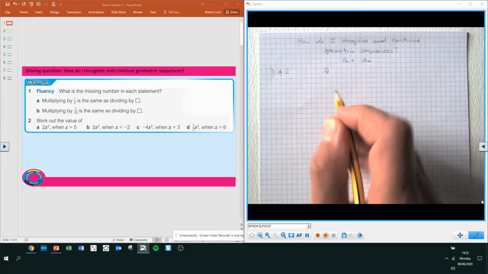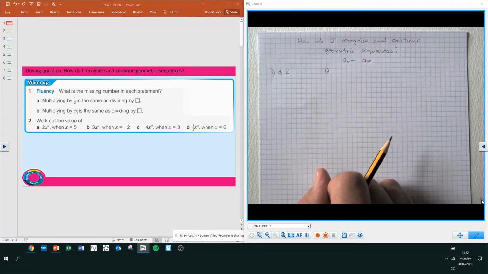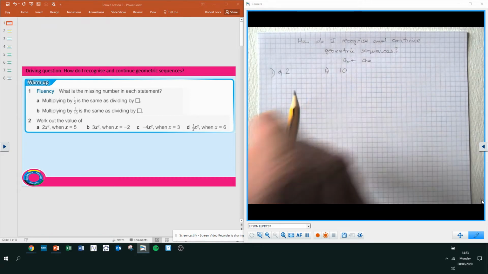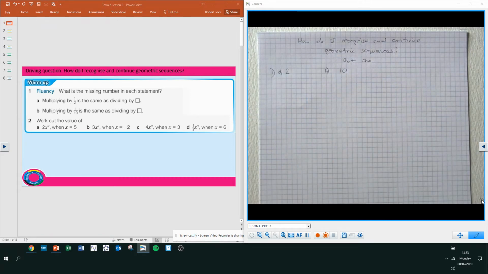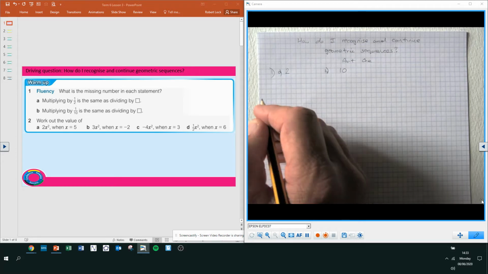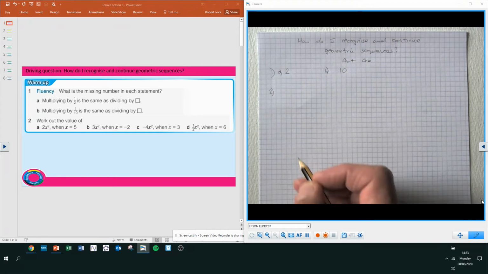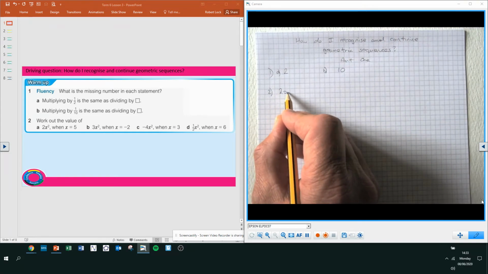B. Multiplying by a tenth is the same as dividing by 10. We'll use that later as well. Question number 2. Work out the value of 2x squared,